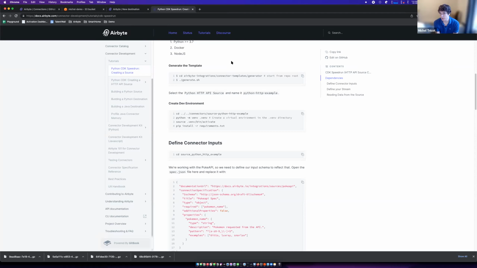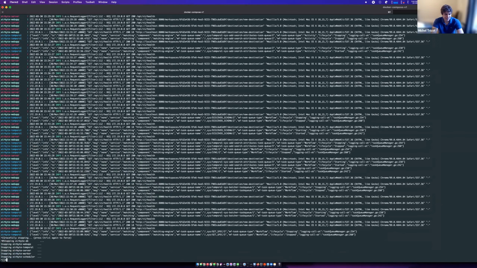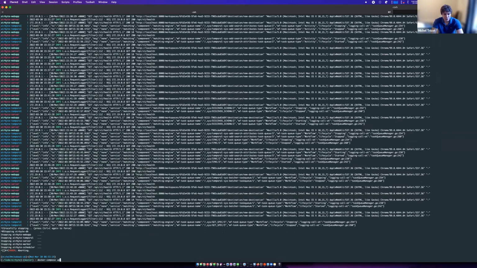If you don't need to customize a connector, or create your own connector, and you can just use all the out-of-the-box connectors provided in open source, then yes, you can get your data replicated. The only thing you would have to do is just docker compose up, and boom, you can replicate data. So that's the magic.